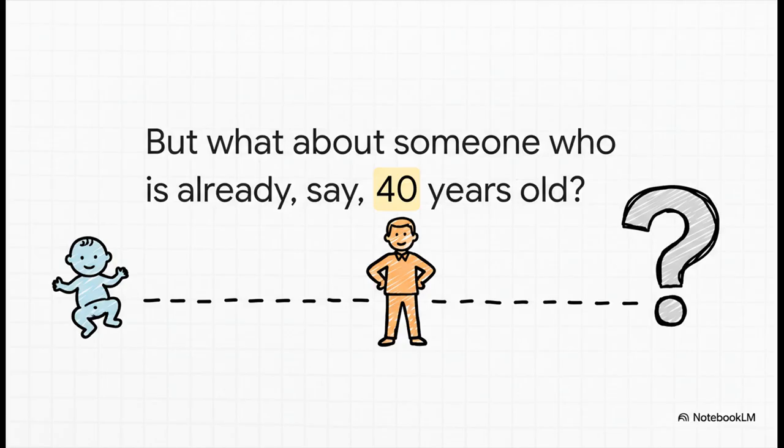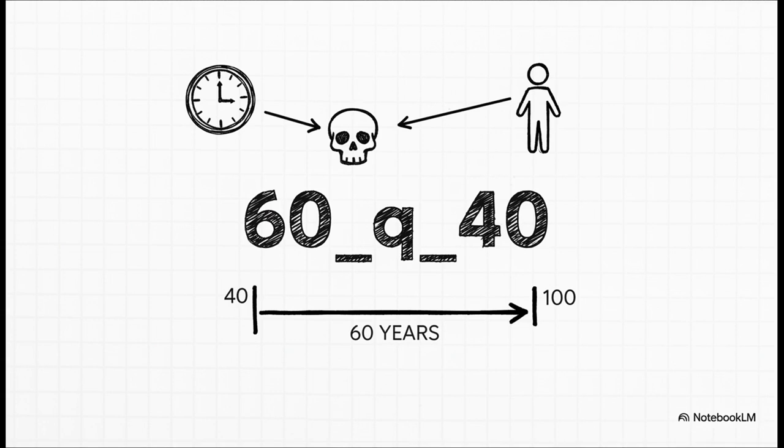Okay, that's all well and good for a newborn. But of course, most of the time, we're not talking about newborns. We're usually interested in the future lifetime of someone who's already made it a certain number of years. And as you'd expect, actuaries have a very specific shorthand for this. Let's take a look at this one,